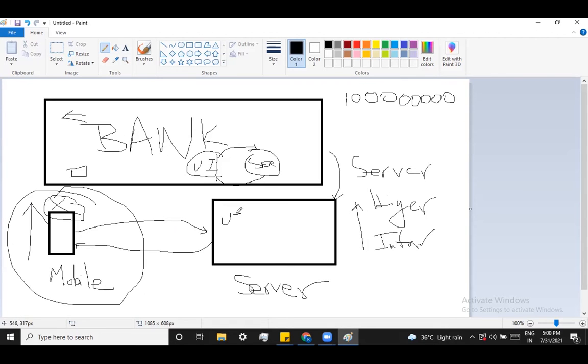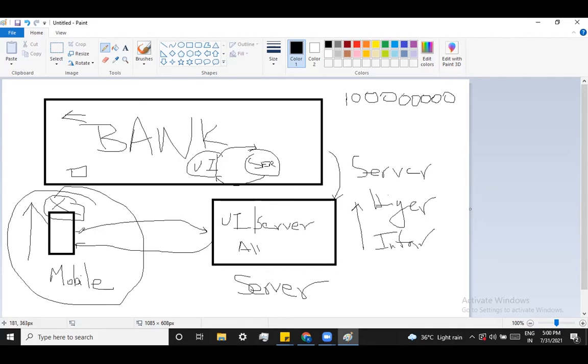UI and server side code, all operations will be done in the server. Whatever you do in classic, I'm explaining in classic. If you just click on a drop down, it goes to the server. If you click on an input box, or enter a name in the username input box in the classic application,